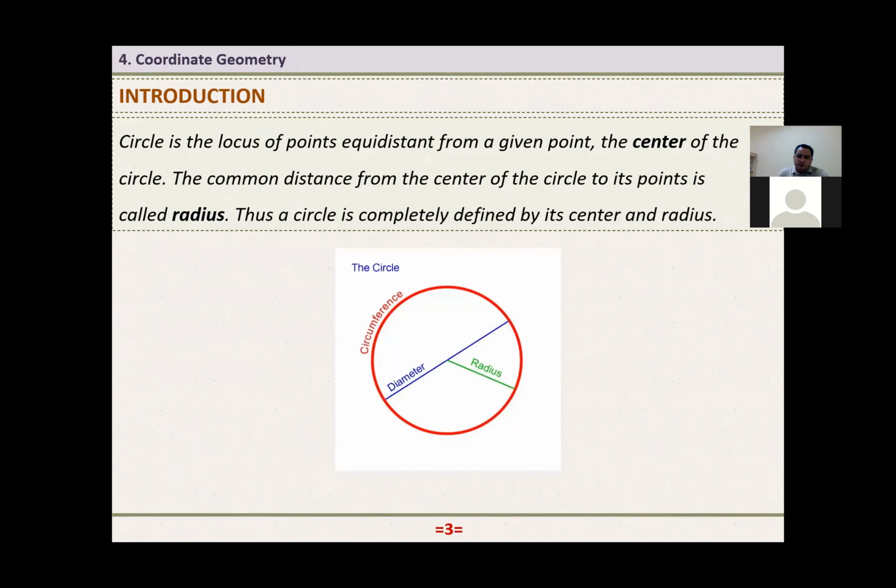Okay. Since we are talking about a circle, when we ask students what a circle is,